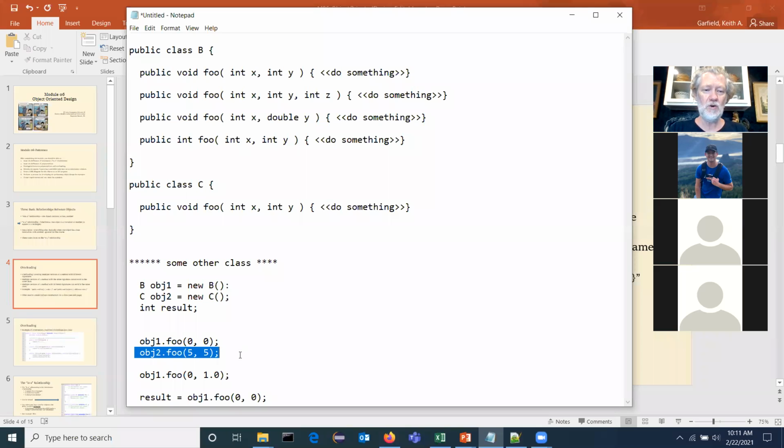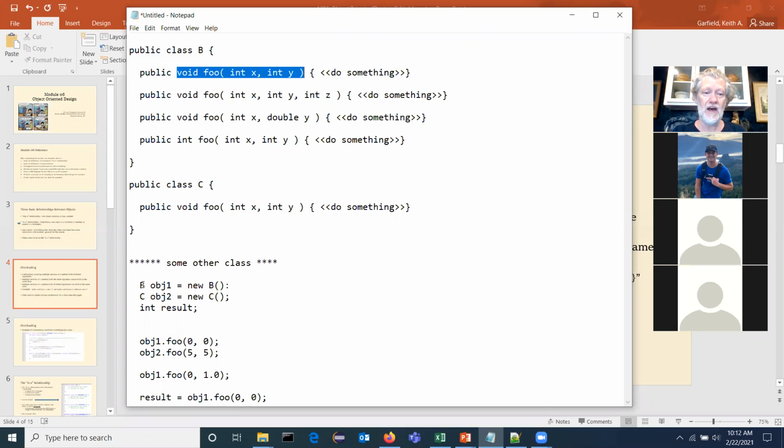Now, which version of foo gets activated? Which one gets executed? The one in the C class. The one in the C class, right? So even though void foo int int and void foo int int are the same in the B class and the C class, that's okay because they're separate classes. That's just fine.